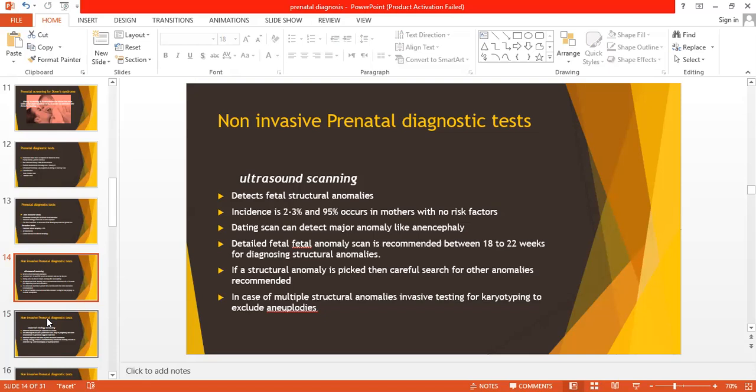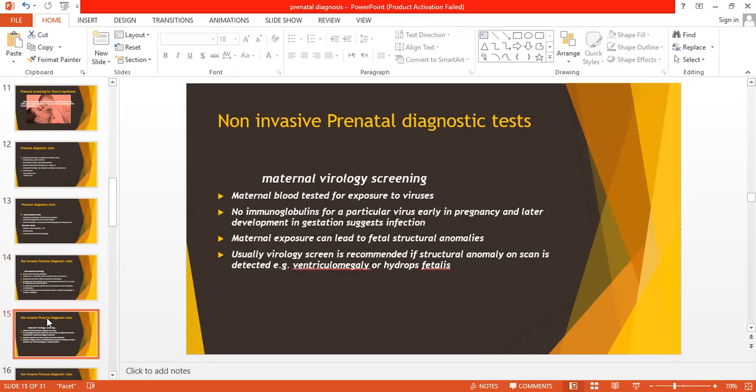इन्वेजिव टेस्टिंग किस लिए करते हैं? To obtain fetal cells for genetic analysis।